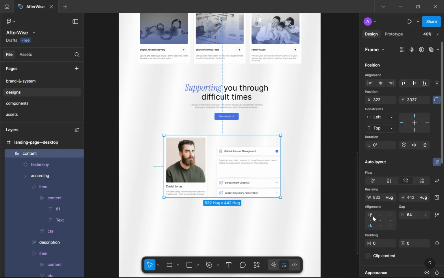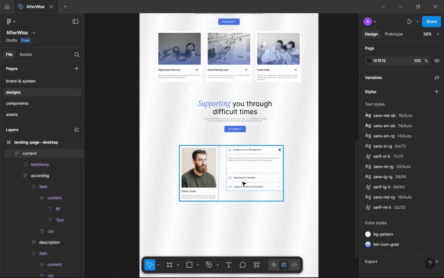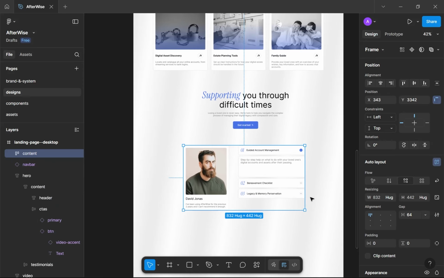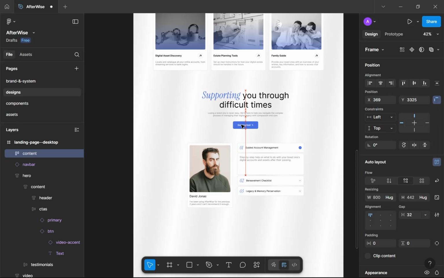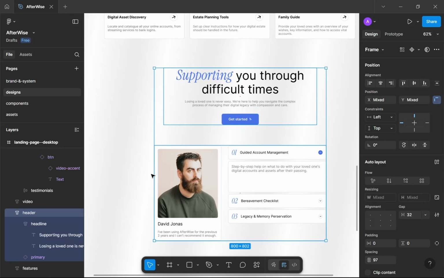Could we do this maybe? I think I like this layout here. Pretty much like this layout. So I'm just gonna have it like this for now. And let's decrease this to 32. Okay, great. So now what I want to do here is go and group it with the header